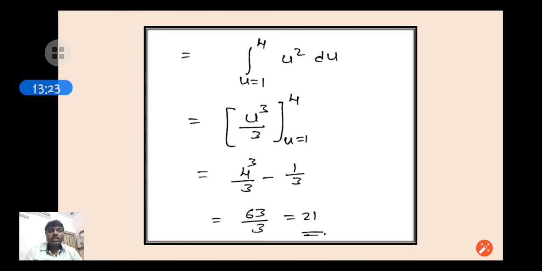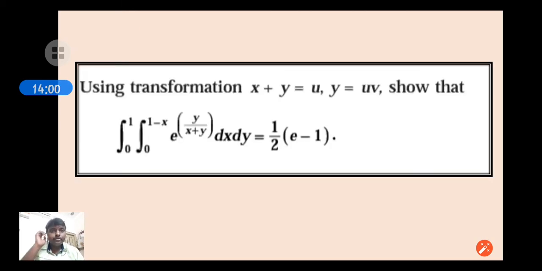So here, given the original problem in terms of x and y, we can choose the transformation u is equal to x plus y and v is equal to x minus 2y. By using the transformation, you can change the variables from xy to uv, as well as change the limits also. By using that, you calculate the value of the integration. Okay, now we go through one more example.